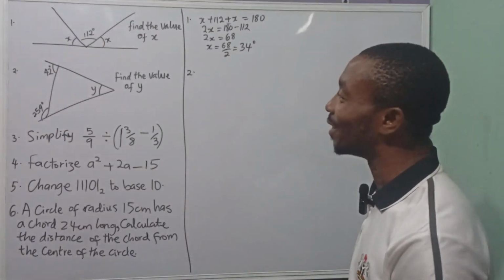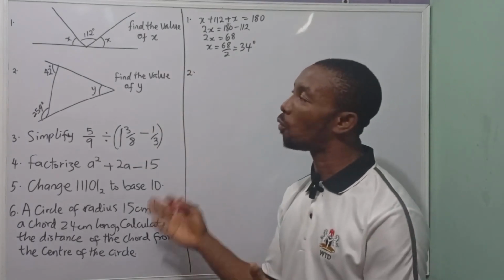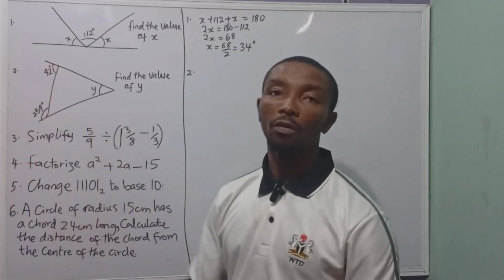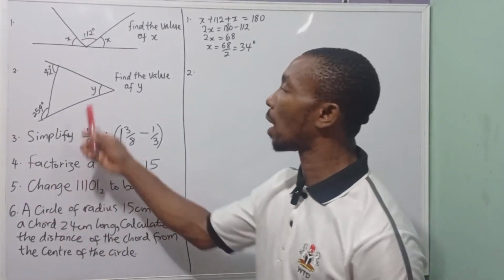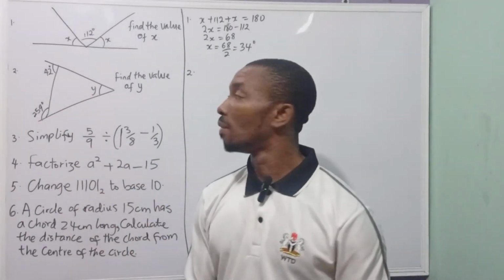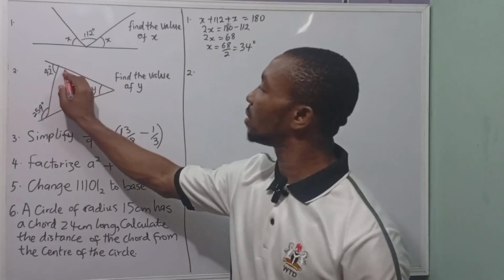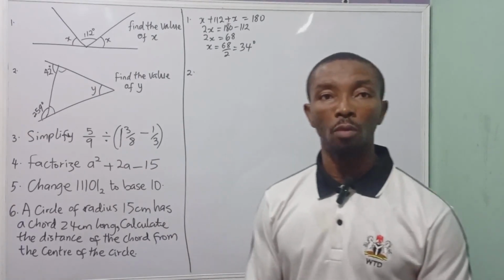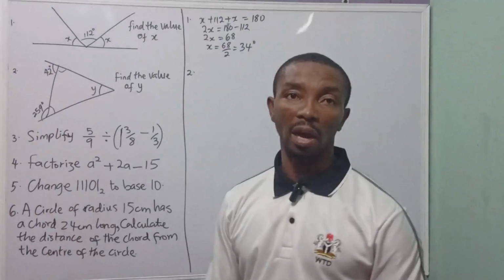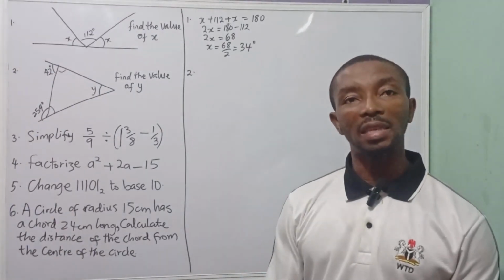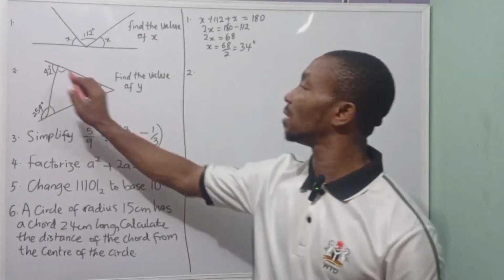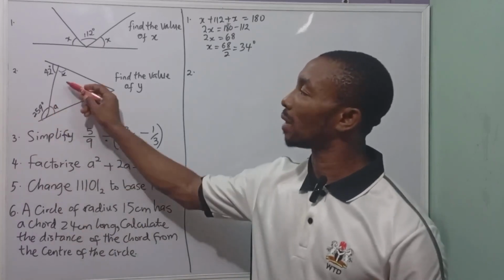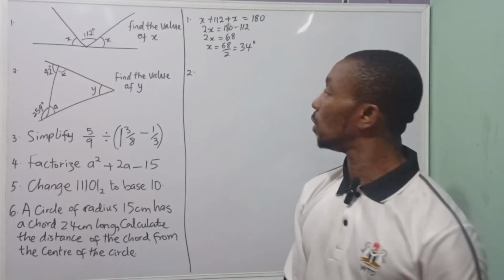Okay, so our next question, we have find the value of y in our diagram. We are given the external angles of the triangle, and we are expected to find the value of y. Now, in order to get these internal angles, we need to apply our mathematical law that says angles on a straight line sum up to 180 degrees. So for us to find this, let's call this x and call this a. For us to find angle x and angle a, we need to apply